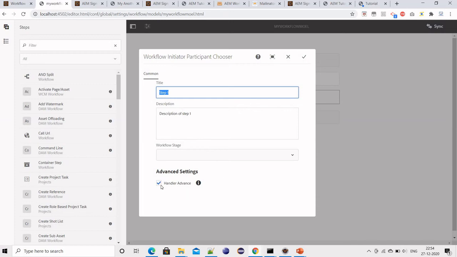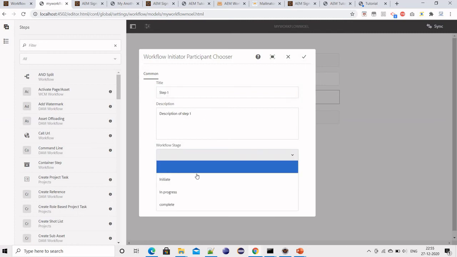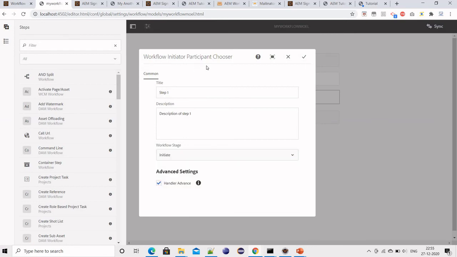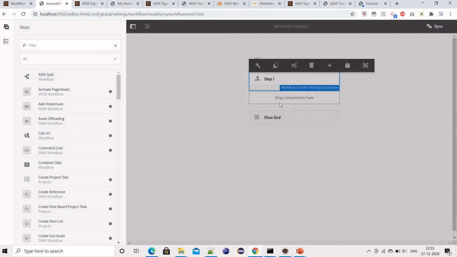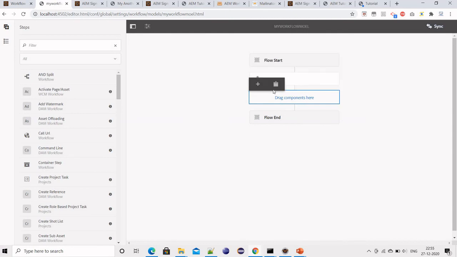This checkbox is for once this processing is complete, it should go to the next process. In this one we actually don't have anything, but we can add the stages we have just added. So for example, this participant chooser will come under the Initiate stage. Just save it.